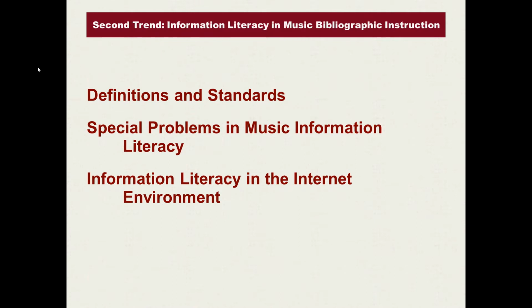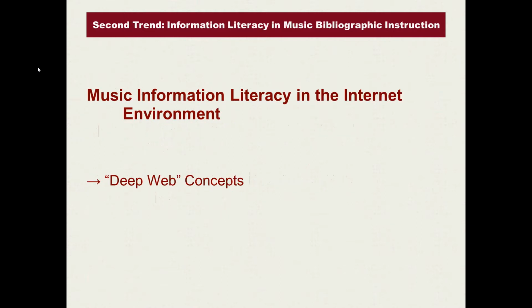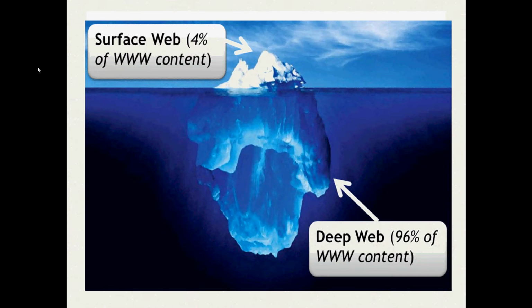Musicians, like other students, need to learn that not all the information on the web is accessible to them through a keyword search engine like Google. This is partly because the majority of information on the web is hidden in databases that are not accessible to search engine crawlers, the first definition of the deep web, and partly because most resources that are accessible to search engines are so far down in the long tail of search results that they are effectively invisible, the second definition